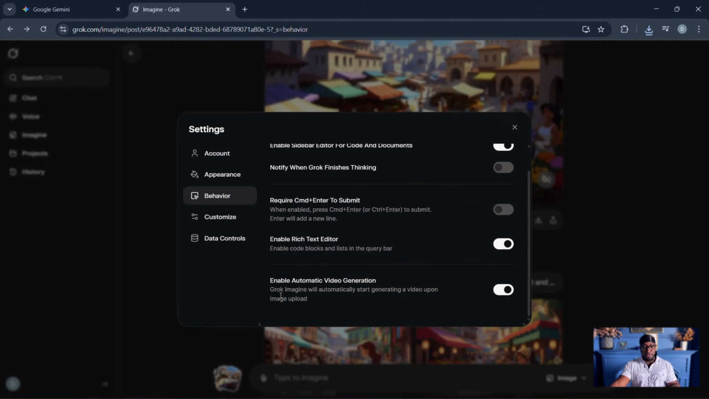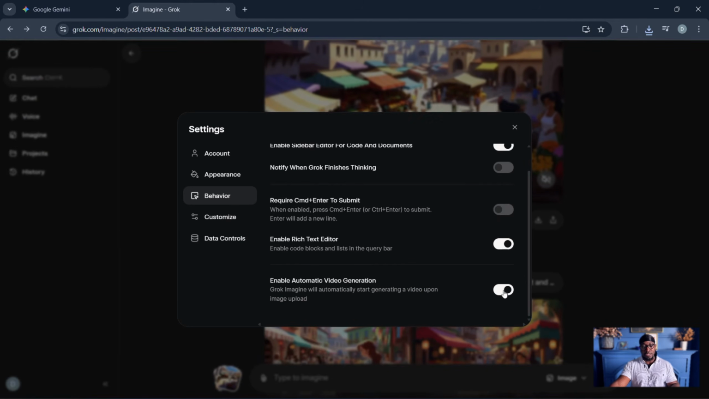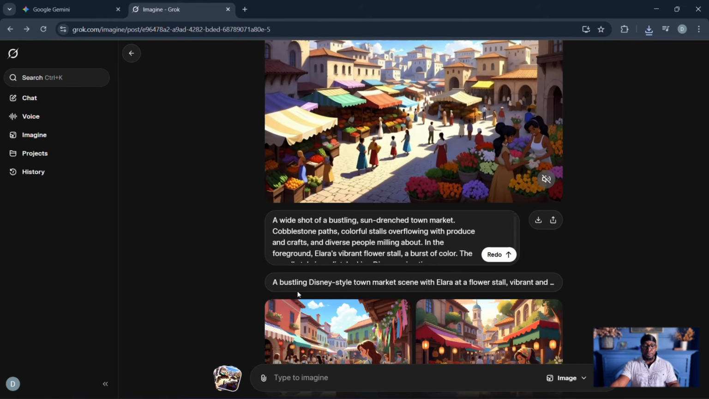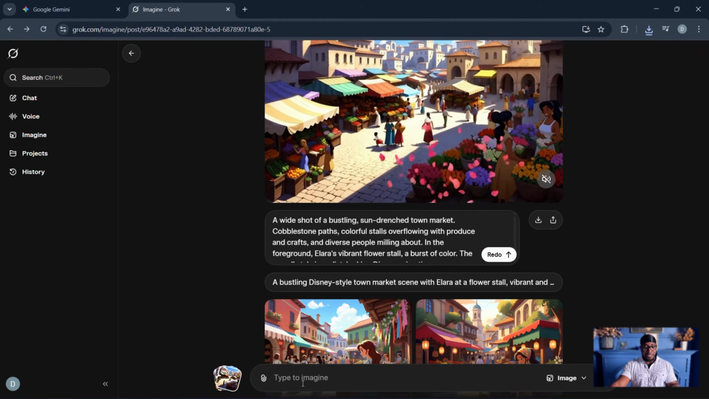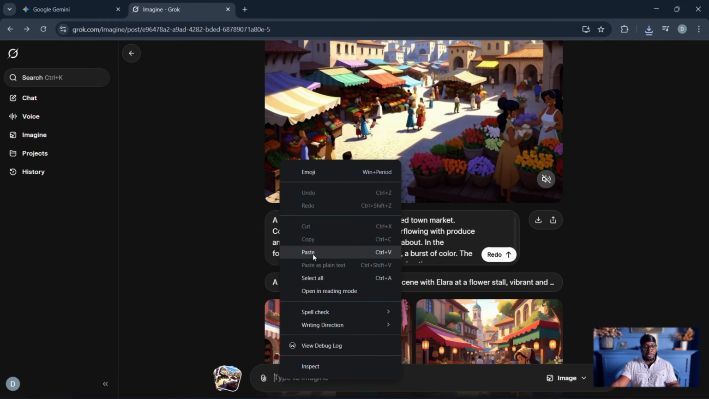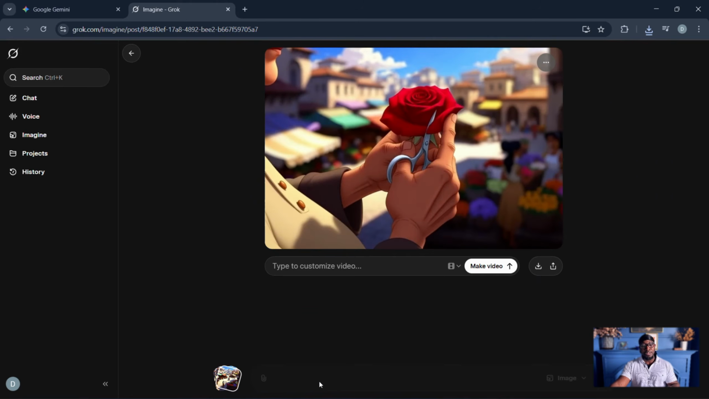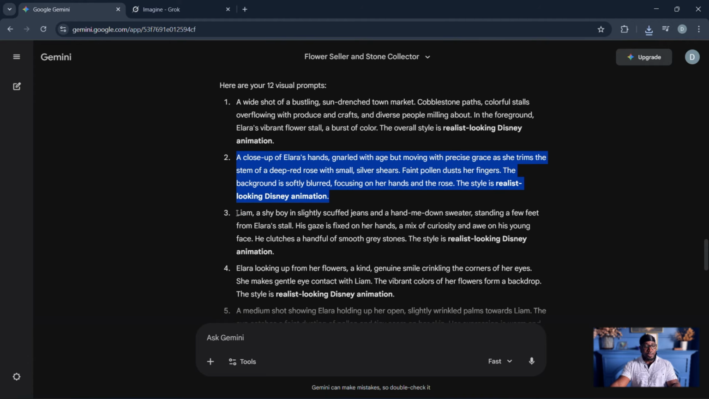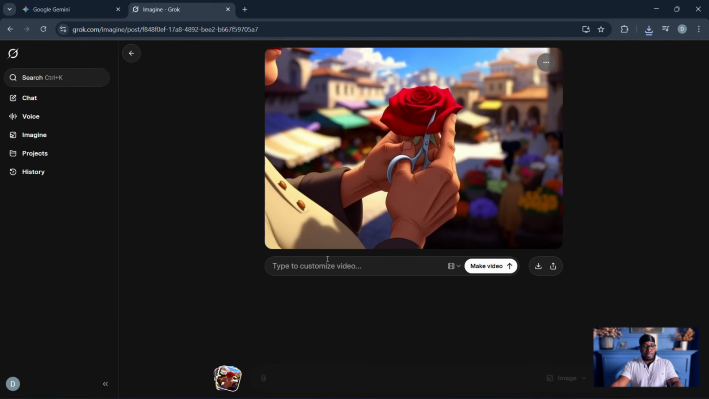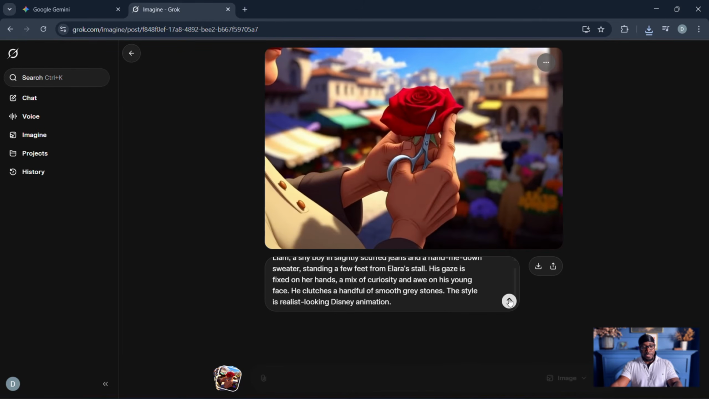Then scroll down and you're going to see enable automatic video generation and toggle that off. Once you're done toggling that off, you're going to come back inside here and now paste your image. You'll find out that after pasting the image, it just comes here without automatically downloading. So you're going to come in and pick the third prompt, and then come inside here, paste the prompt, and